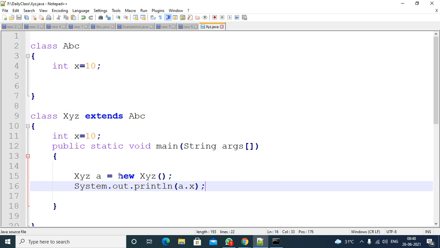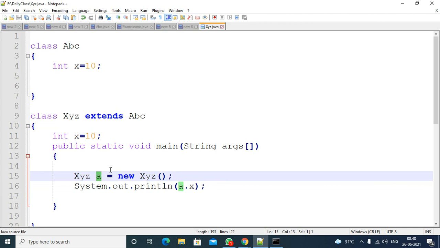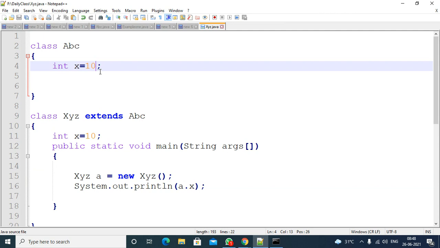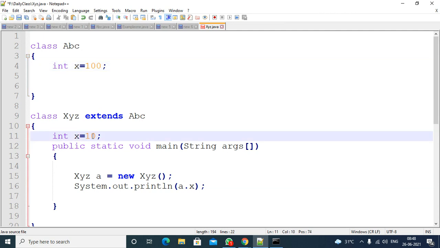So you are creating an object for the XYZ class, so this is the reference. If you create an object, what is happening at the backend? It is trying to assign the instance members from top to bottom, that means from parent to child. In the parent class, the x variable is there, so first it will assign with 0 value. In the child class, x is there, and it will assign with 0 value. Then in the next step, it will update the programmer-assigned values. That means the parent class x is updated with 100, and the child class variable will be updated with 10. After that, if there are any instance blocks, they will be executed.